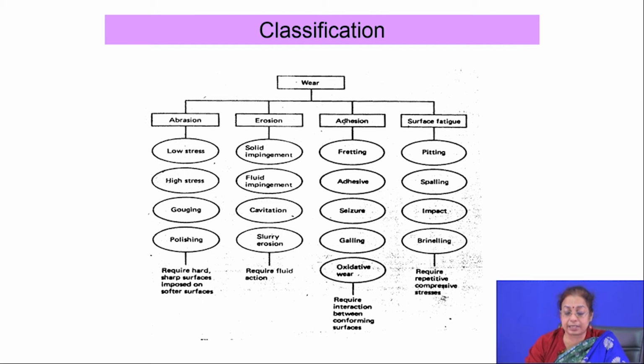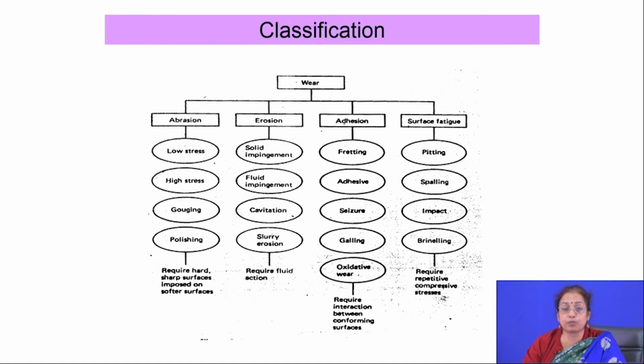In scuffing there is actual joint formation between the two surfaces. In galling wear, again the flow of the surface is observed, there is material flow, and as a result there is deshaping of the component. And in oxidative wear there are oxides present on the surface, and if you are interested to know, you have to go for typical X-ray diffraction analysis to know the kind of oxide that is forming and how it is present on the surface.